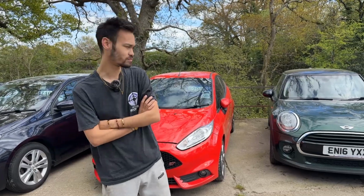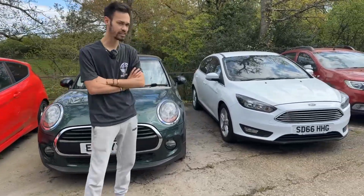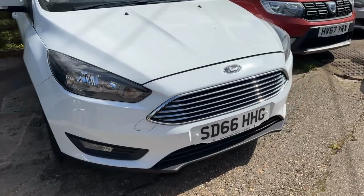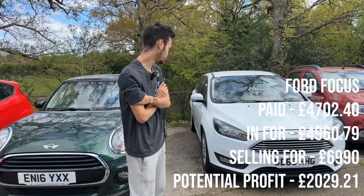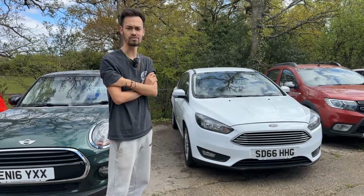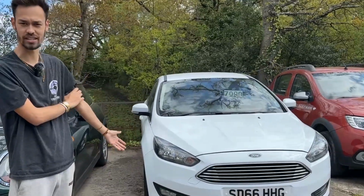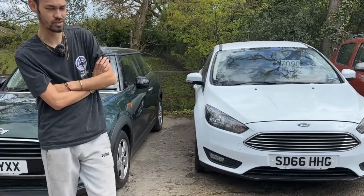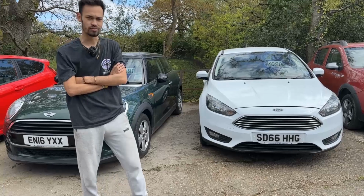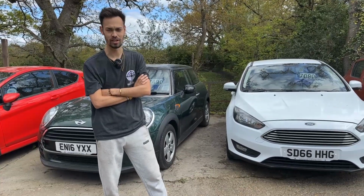That's how long we've had it. This white Focus, I think it's a 2017 on a 66 plate. That's done 80,000 miles, but I had a lot of paint work done on it. It's lovely, drives lovely. No interest on it, don't know why. That's what you would buy. Like if I were you, that's got the 1.6 or 1.5 Citroen Berlingo engine, it's all the same. Bulletproof, good car. If you just want a family car, £7,000, can't go wrong with it, but no interest